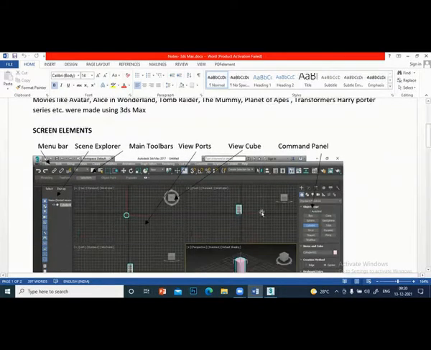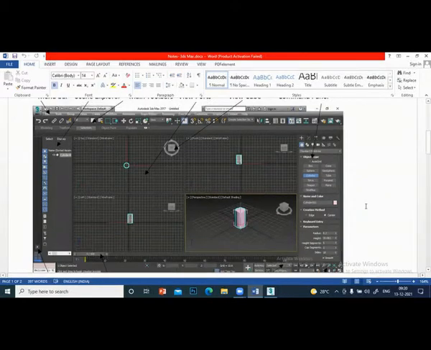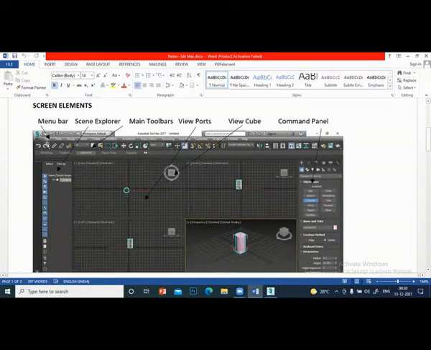And when you open, these are the screen elements. This is the menu bar where you have a lot of different types of menus. On the left side, there is a screen called Scene Explorer. Then you have the main toolbars. This is the view cube.